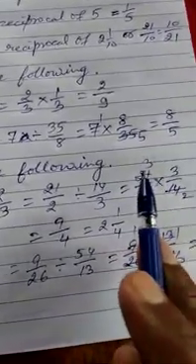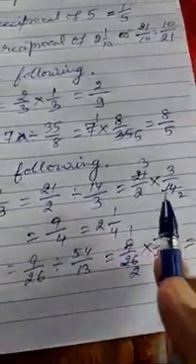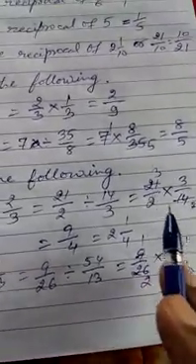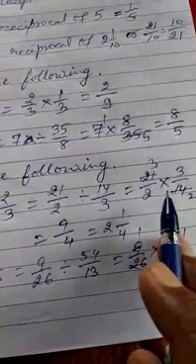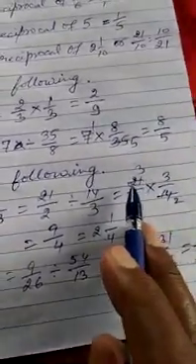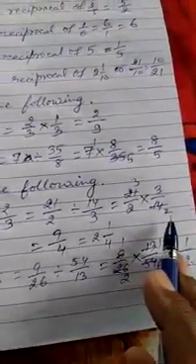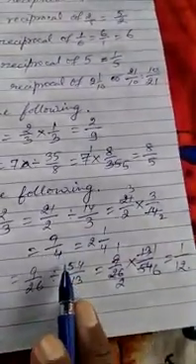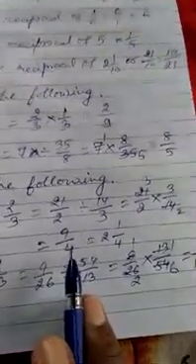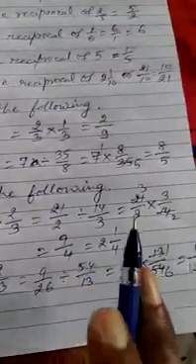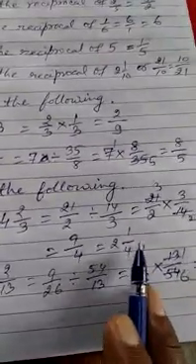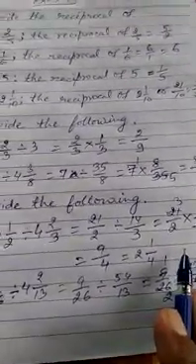Now you see that 21 and 14 have the common factor 7. So you will divide 21 and 14 by 7. 7 twos are 14 and 7 threes are 21. Now you will multiply the numerators and multiply the denominators. So 3 into 3 is equal to 9, by 2 into 2 is equal to 4. Now 9 by 4 is an improper fraction, and a better way is to write the answer as a mixed fraction. So 9 by 4 you will convert into a mixed fraction. So 2 whole 1 by 4 is the final answer of this question.